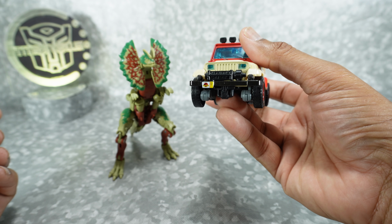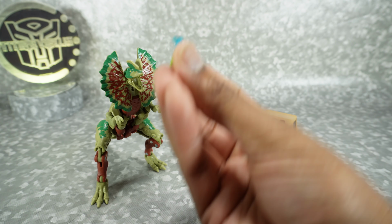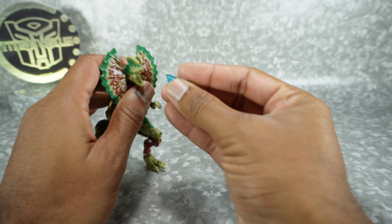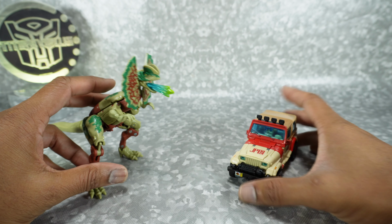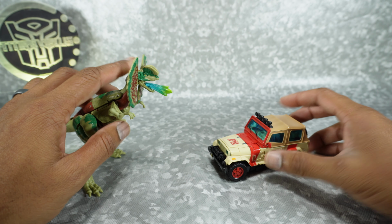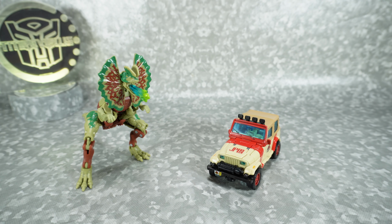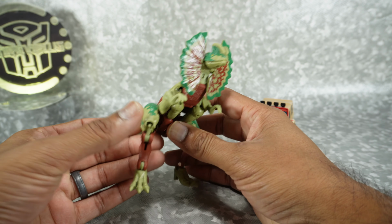That looks like it belongs there. Really well done. And we also get a blast effect, or I guess acid effect, because he sprayed acid, or his saliva is actually poisonous, but you can have this and you can be attacking the Jeep. Very nice accessories overall. Alright, now let's get these guys transformed into their robot modes, and we'll start with Dilophocon